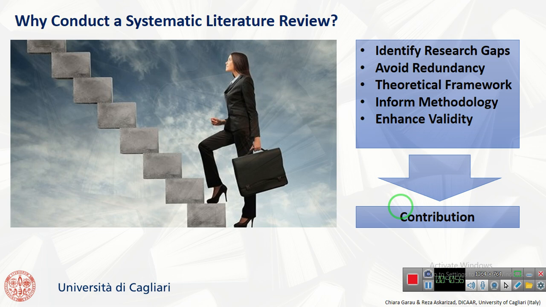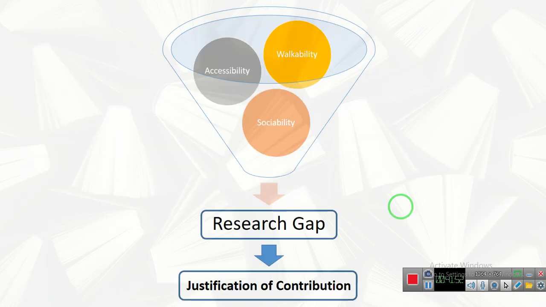Okay, here we are going to take a small step forward and advance our knowledge. Why should we conduct a systematic literature review? Of course, the basic and foundational aim and goal for conducting a systematic literature review and a traditional literature review are the same: to understand the research gaps, avoid redundancy, develop our theoretical framework, and issues like this. And then, of course, the main goal is to understand how to contribute to our field. But there are some particularities among these that we will